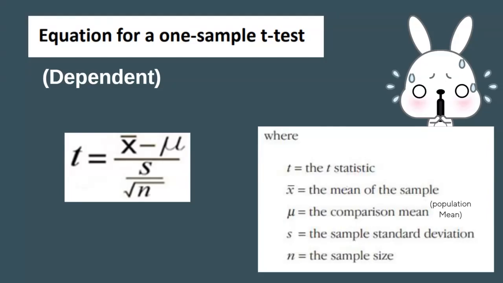Okay, and then really what is new to you guys at this stage is this symbol. It is called mu, and really this represents the comparison mean. So the mean that you are comparing your group to. That can be, and will likely be, in the form of a population. Okay, it's called mu, like Mew, like the Pokemon. It's a lowercase